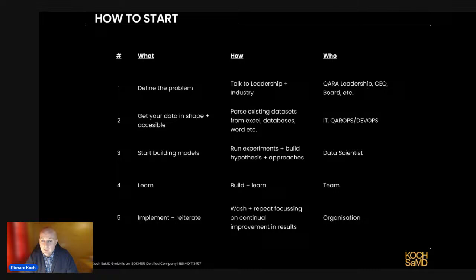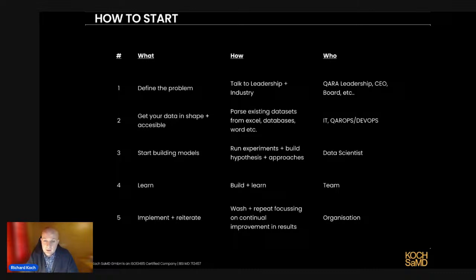And one thing you can do there is work with your IT department. If you've got a software developer, work with your DevOps. I predict that QARA departments will work more like software development departments in the future. So you'll have a QARA ops department similar to DevOps, maintaining your QARA systems, and just start looking at what data you've got and seeing what sort of data tables you can build. If you're coding in Python, CSV files, for example, are very accessible. Databases are good too, obviously. But you need to get that data in some sort of structured format so your AI programs can get a run at it. Then the next one would be to start building the models.